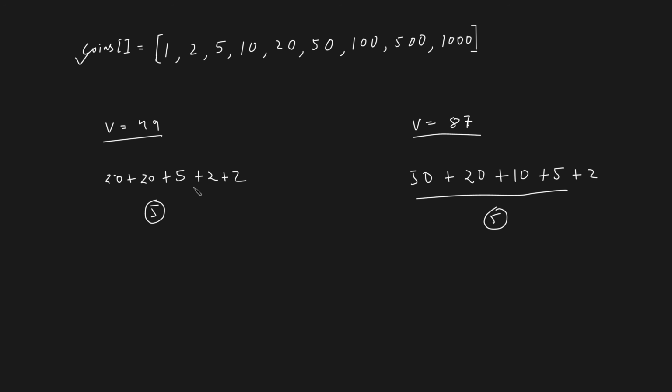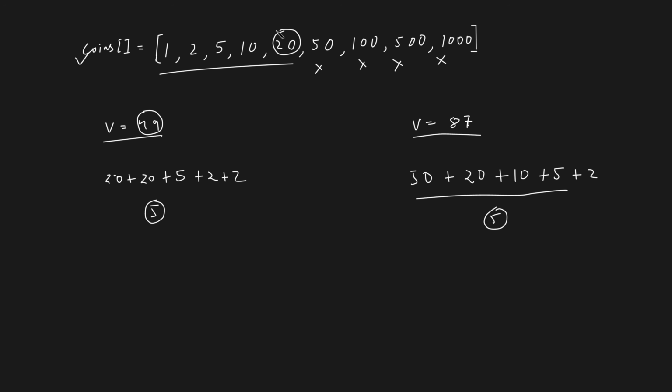So how can you find the minimum number of coins? There are a couple of things to observe. The first thing is when we have 49, we cannot use any denominations which are greater than 49, because we are looking to make 49. So all the denominations greater than 49 will be void. What is the next thought process? If you're looking to form 49, we find the greatest among the remaining ones, and what we see is the greatest among them is 20 rupees.